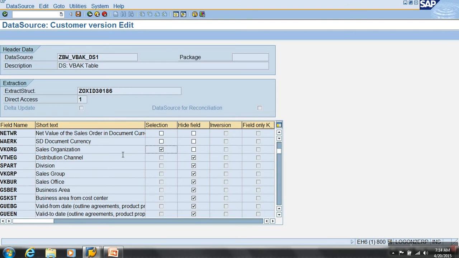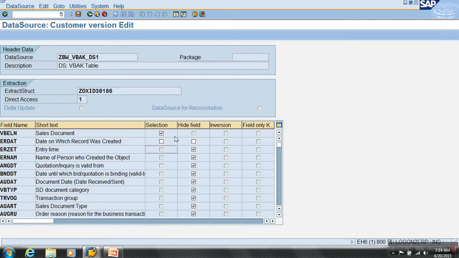I'll keep it, use it if needed, otherwise not. So did you understand these two checkboxes, selection and hide, which play on the transfer structure? Any field for which you selected hide will not be available in the transfer structure and BW, and any field you select the selection for, you will get to see in the data selection tab of the info package, so that you can extract selectively using the values of that field. So now you customized your transfer structure.